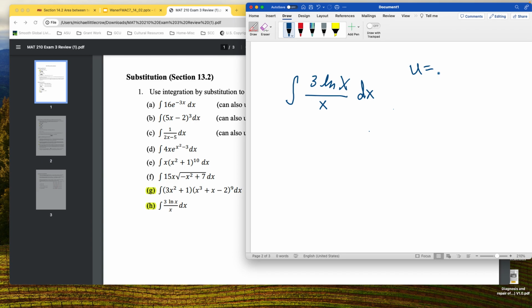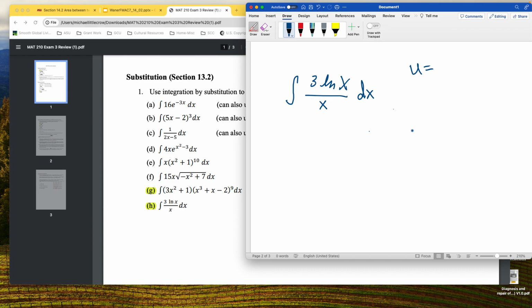I was going to make u equal x, but then du equals dx, and it doesn't help much. So I was kind of playing chess, thinking ahead. You could make u equal 1 over x, but if you take the derivative of 1 over x, you get something with x squared. That didn't help. But again, remember, whatever we make u, we should get a derivative that